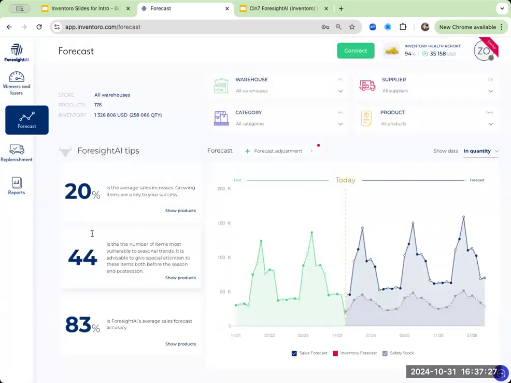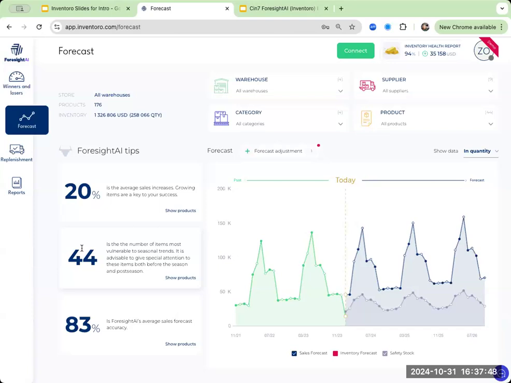44 is going to be the number of items most vulnerable to seasonal trends. This is going to be great if you are someone who does have variability within your SKUs year over year on a year cycle. These could be anything like bathing suits or holiday decor or really anything that your business may have seasonally,